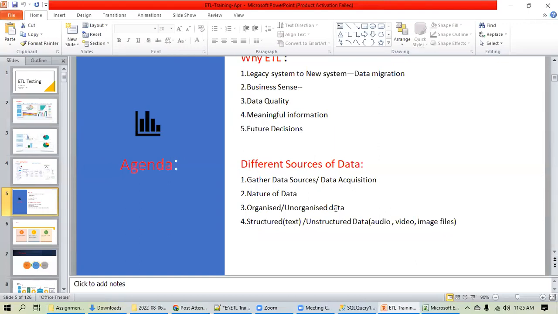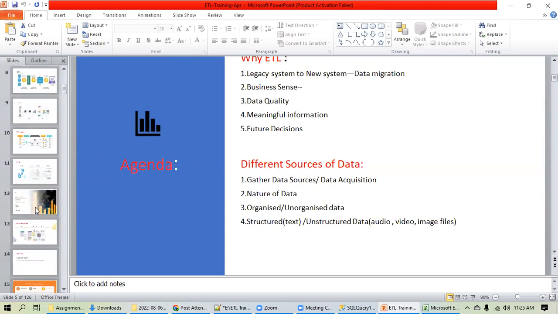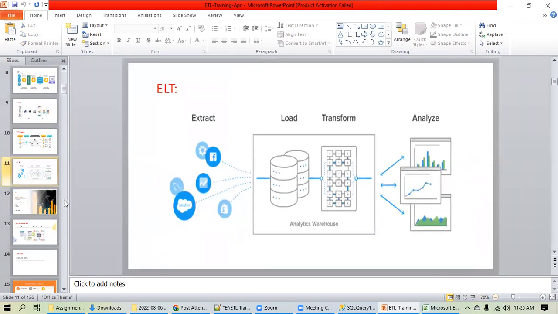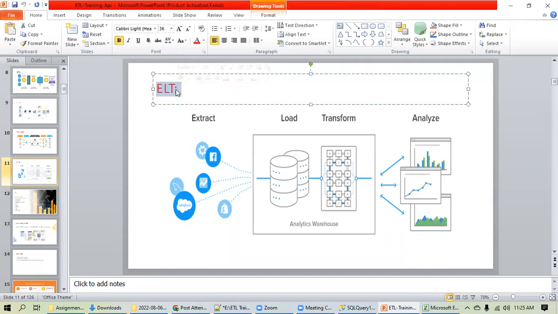Then I'll proceed further. Like Tanvir, we understood the ETL, but what is the difference between ETL and ELT? That will come. We'll discuss it. I intentionally am not teaching that now because maybe you guys will get confused. I have a certain sequence, so I have to go into that sequence. I will teach you about ELT as well: what is ELT, why we need ELT, and why suddenly, in the last 2 to 3 years only, you'll be hearing about ELT. What is the need, what is the benefit, what is the limitation or drawback, what are the problems with ELT? We'll discuss all those things.